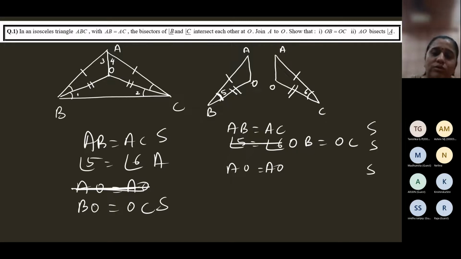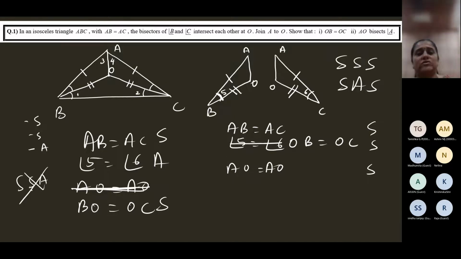So you can prove here using SSS or SAS, depending on what information you write. But sometimes when we have more information, we'll just write some three equalities that don't satisfy any congruence rule, like what I showed you first. Then since we have listed it, we'll just say, okay, by SSS rule, the triangles are congruent. No, this is not a valid congruence rule. So when you have more information, be careful.